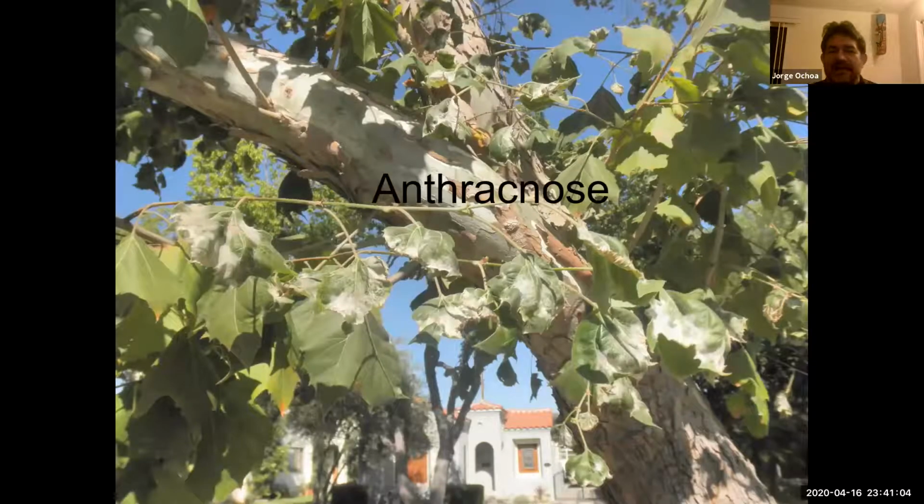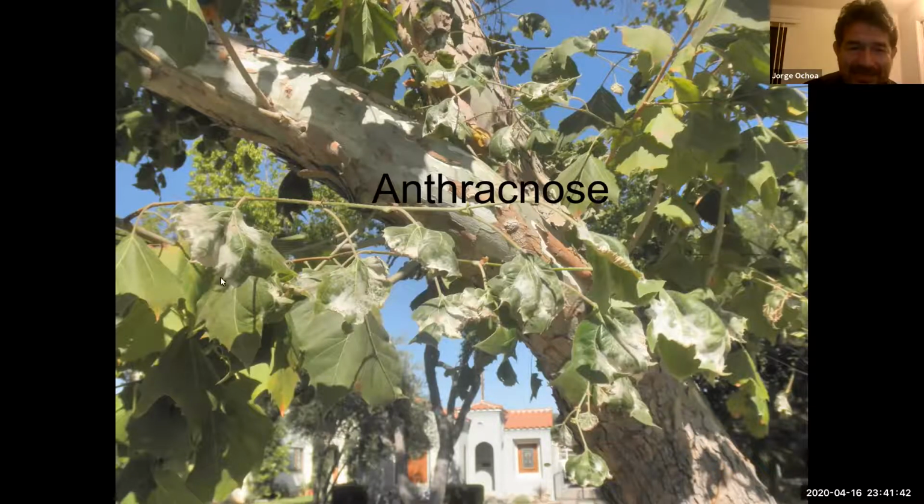And then you have a disease known as anthracnose. Anthracnose is going to be common on sycamores, especially this year when we have a wet season. So that is lending itself to a good anthracnose season. Most of the fungi that we're going to be covering, most of the diseases, are going to require some kind of humidity. Fungi don't like drying out, with few exceptions. So when you have humid, wet weather, it's perfect. So anthracnose is going to afflict sycamores.